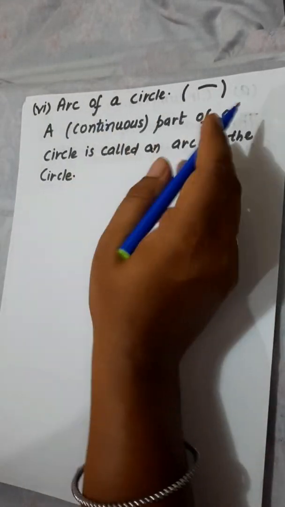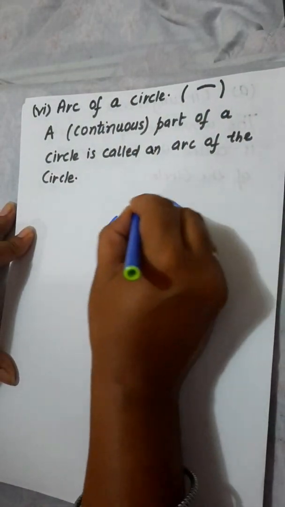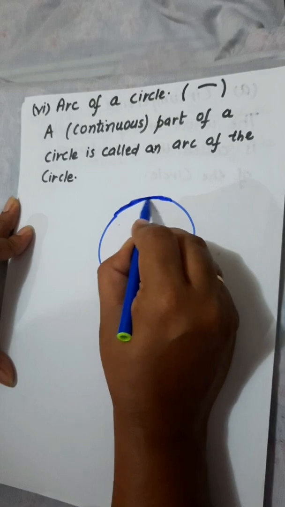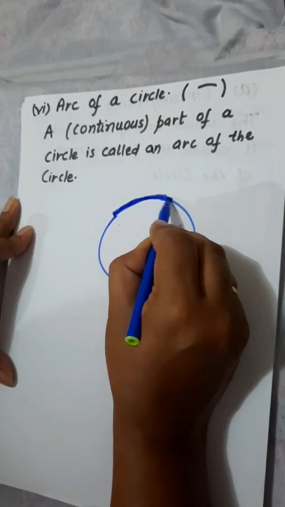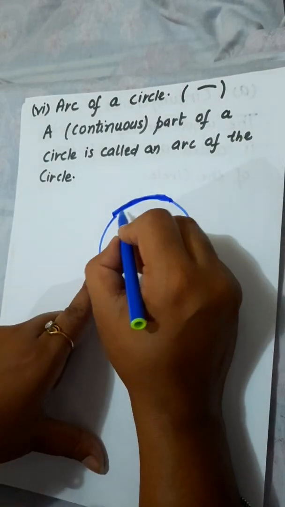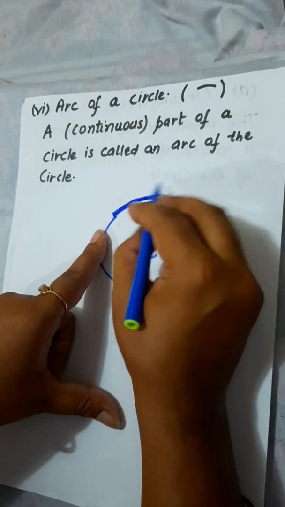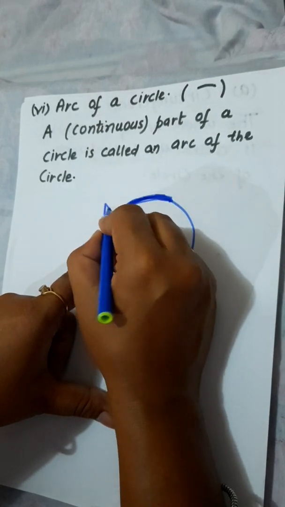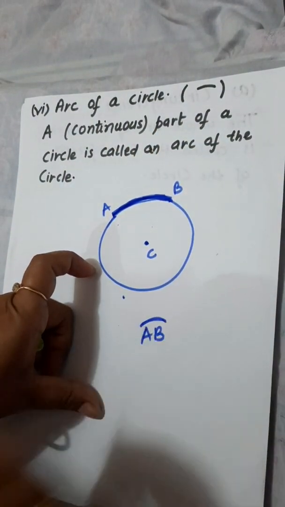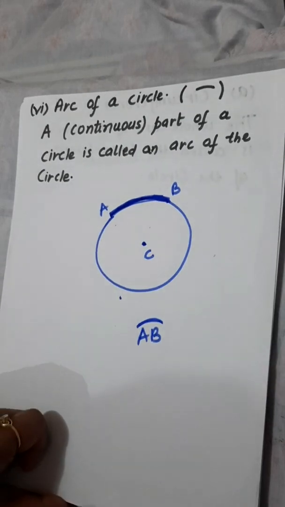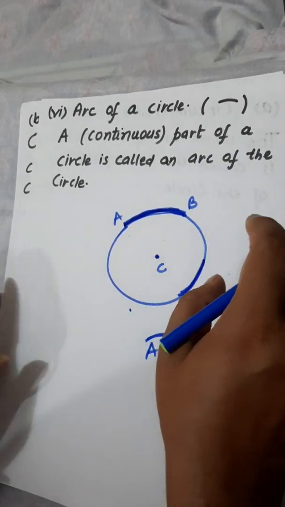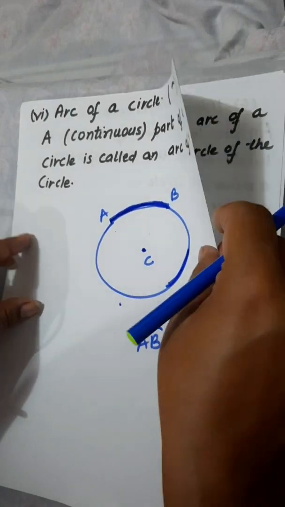The next we have the arc of a circle. Now here I have a circle, and an arc is a continuous part of a circle. Suppose I am taking this part, this up to this, and we also have a center of the circle. The part of the circle should be continuous. This represents the arc. If I name the ends A and B, then it is the arc AB of the circle, and the symbol is this. So this is your arc of the circle. You can also draw an arc over here. So an arc of a circle is a continuous part of a circle.